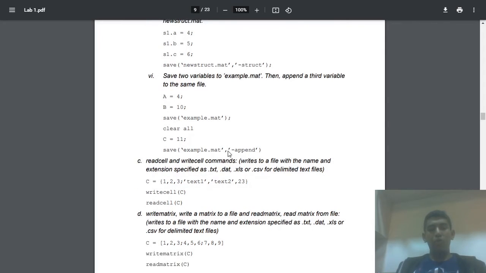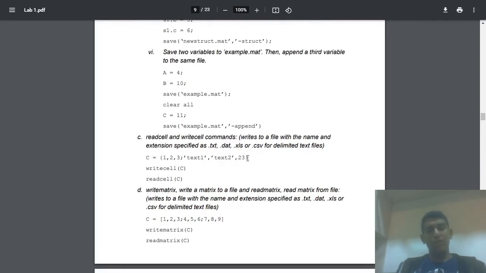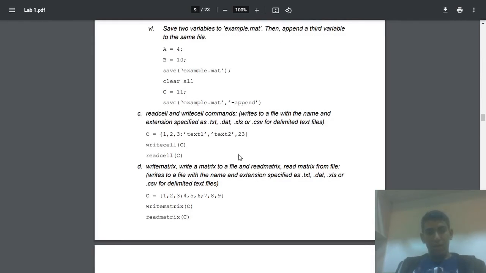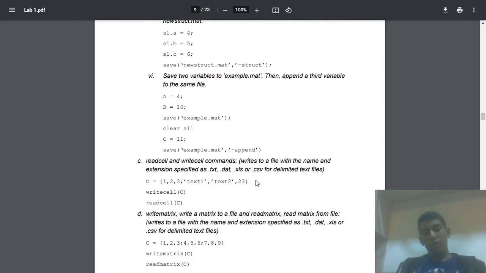If you want to edit or append a file that you have already created, like you already saved some variables on a file and you want to append more variables, then all you need to do is pass this parameter append on the same function. This append function will override any variables that are renamed in the new workspace that you're going to save.